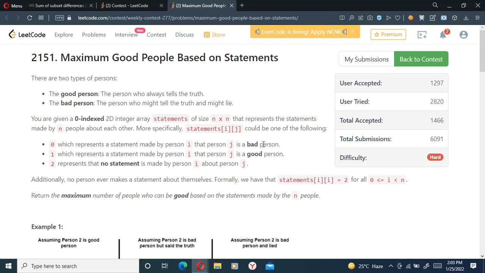More specifically, statements[i][j] could be one of the following: 0, 1 and 2, which represents a statement made by the ith